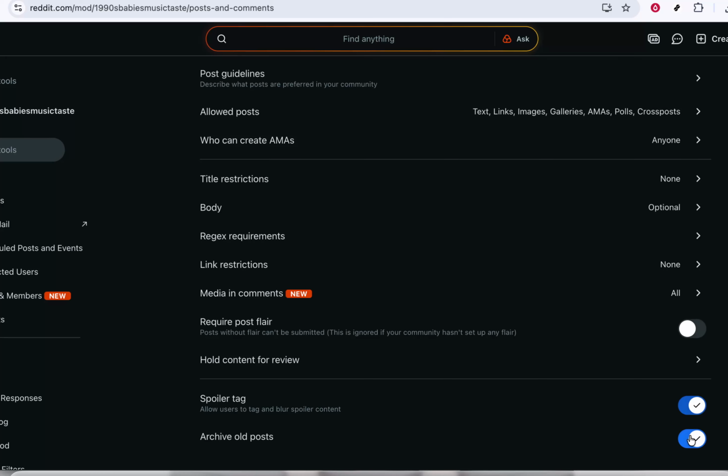and comments behave. Once you're inside Mod Tools, look for an option related to posts, usually called Posts and Comments or something very similar. Go ahead and click on that. This section is dedicated to how content is displayed